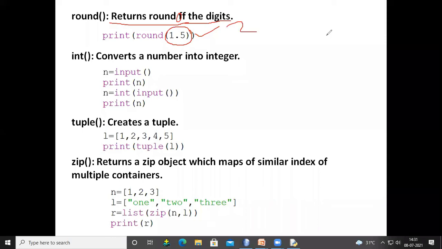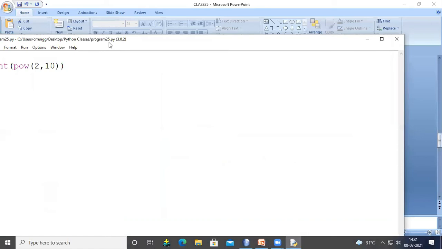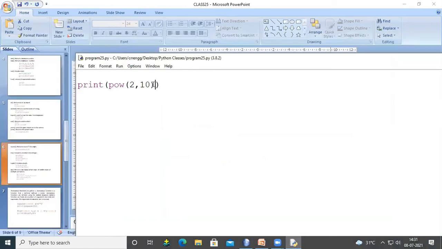Execute the round. Print round of 1.5, print round of 1.4, print round of 1.9.